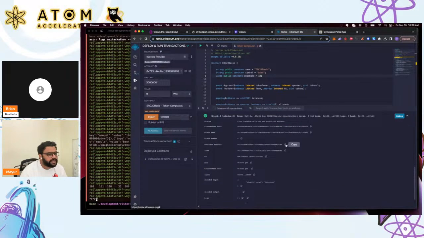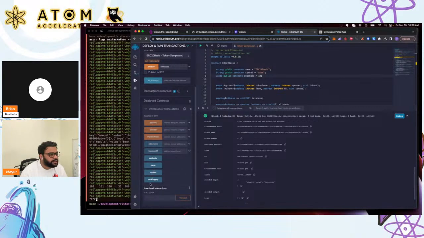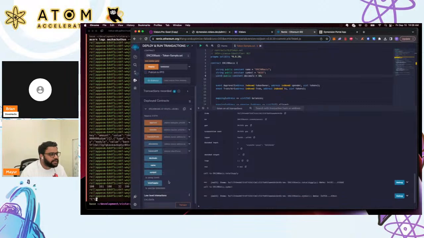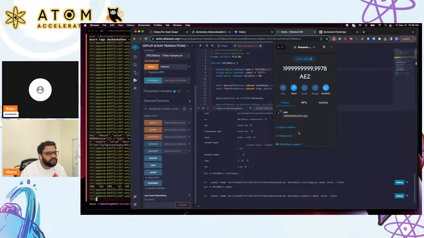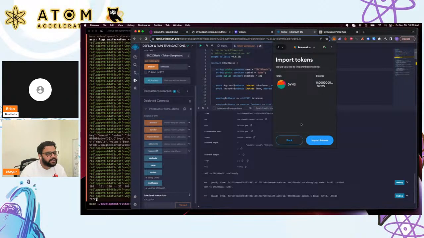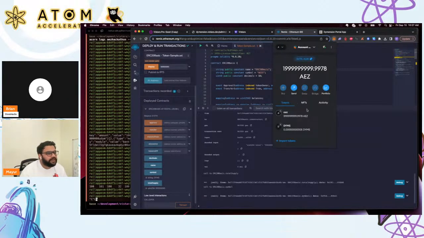As you can see, this is the contract address that was deployed. We can also check the total supply, which is 5 million that I created. Symbol is DYMS. I actually didn't compile this, so that's why it is showing the old one. But let's go and try and add it. We can refresh this, but that's not going to work. We'll just give it the token address and add that custom token. And now I have a little bit of balance there, and I can do transfer and all of that.